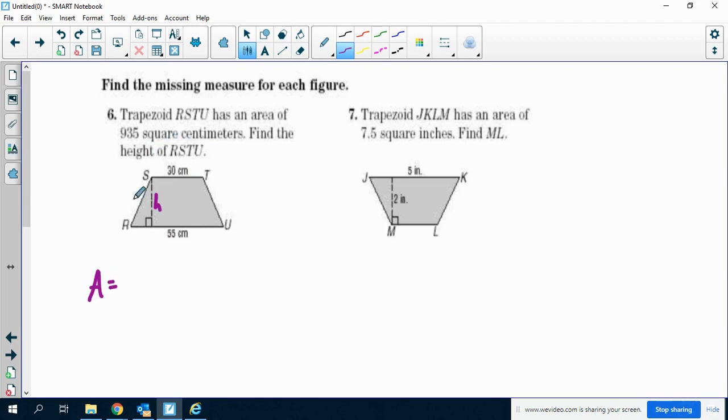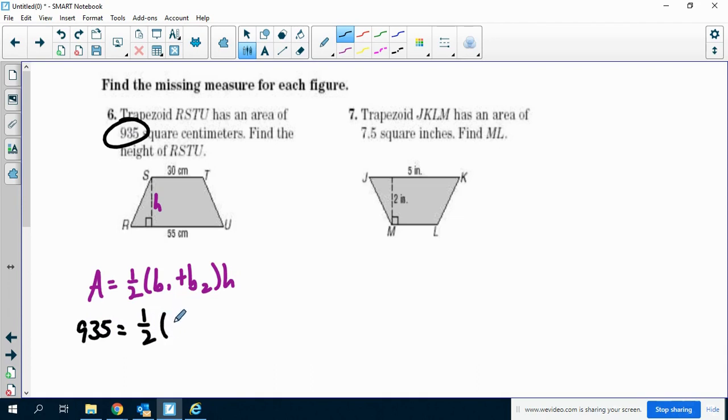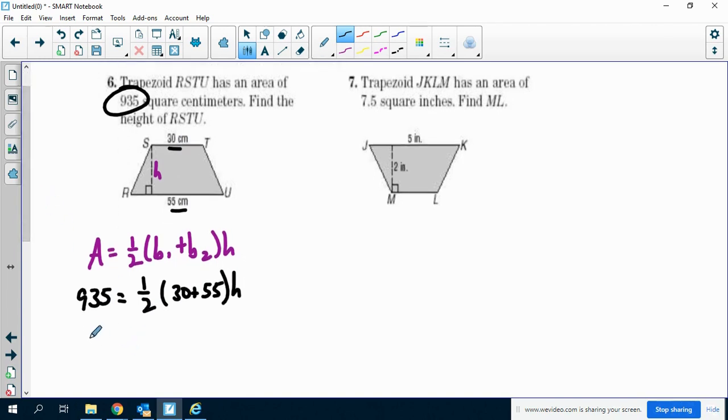So the area equals 1/2 (b1 + b2) times the height. I know the area, the problem gives it to me. That's 935 square centimeters. So I have 1/2, b1 is 30, b2 is 55. Those are just in the problem. And then I have h. So now I multiply both sides by 2, and I get